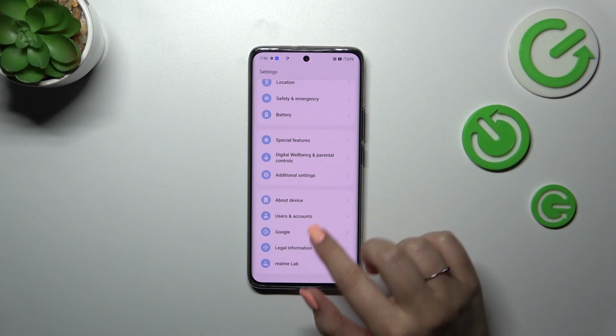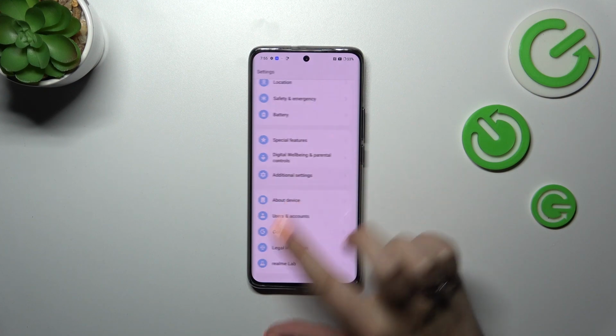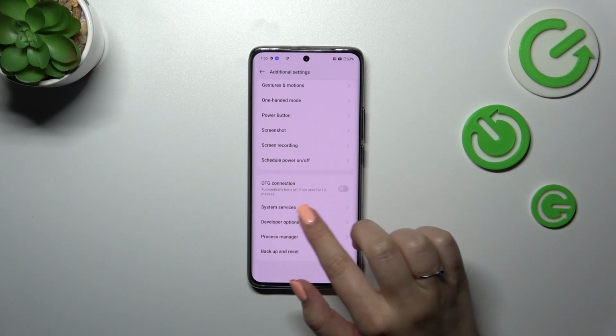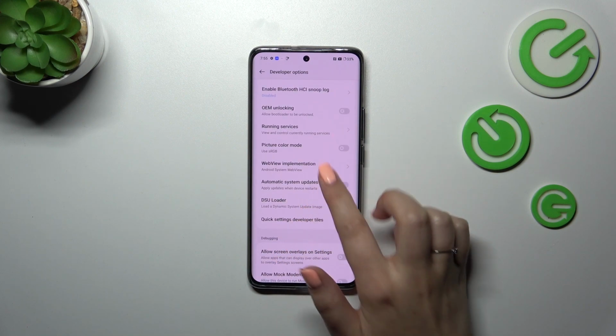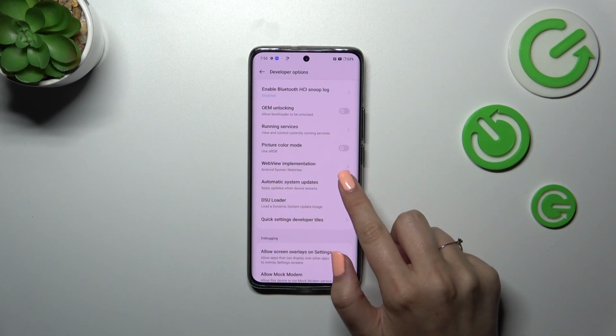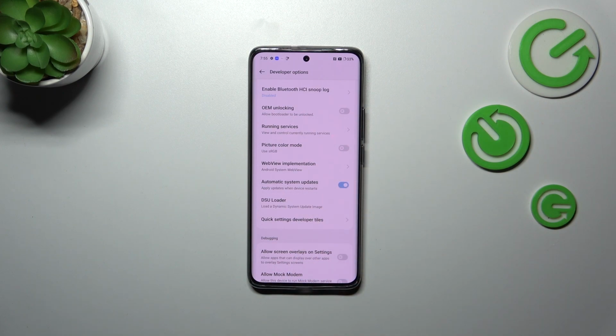Alright, so after activating, we have to go back to the settings, again enter additional settings, tap on the developer options, and here all we have to do is to scroll down just a little bit to find automatic system updates. Let's tap on the switcher, and this option is right now active, which simply means that your device is